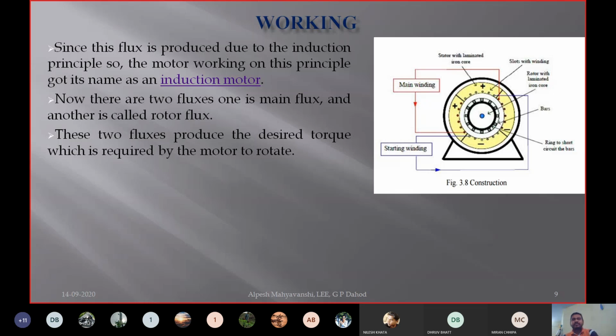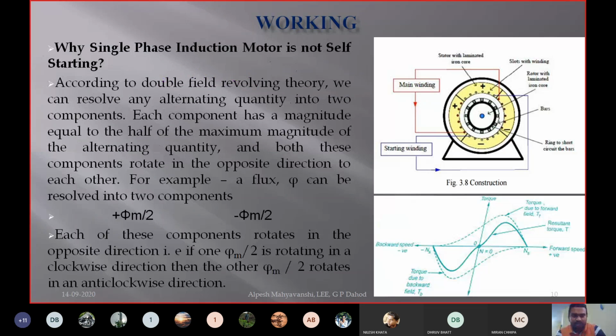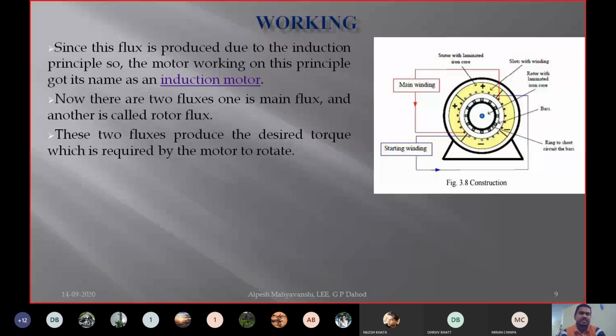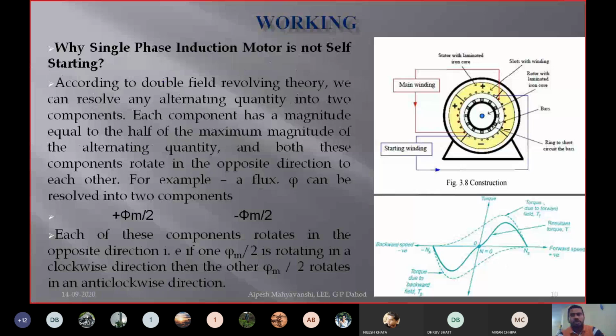Now, the actual working of this single phase induction motor. Here we discussed the working principle, how this motor works on the basic principle. Now what is the actual working of this motor? According to double field revolving theory,